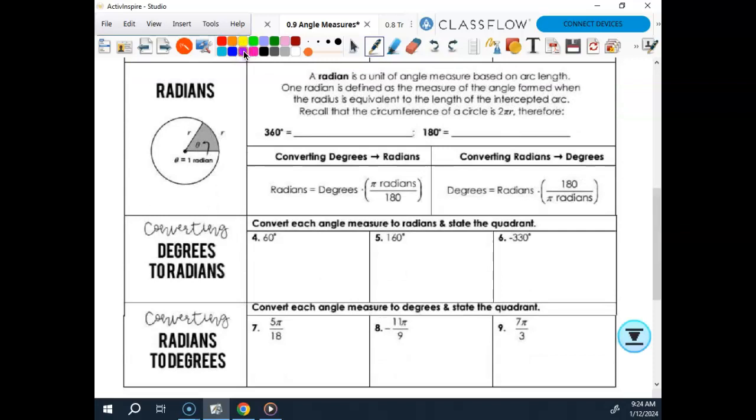Okay, so let's talk radians. A radian is a unit of angle measure. So just like you can measure distance in inches and centimeters, and they're different, radians and degrees are different. They're also a different type of measure, but still there are different ways to talk about angles. A unit of angle measure based on arc length. So 1 radian is defined as the measure of the angle formed when the radius is equivalent to the length